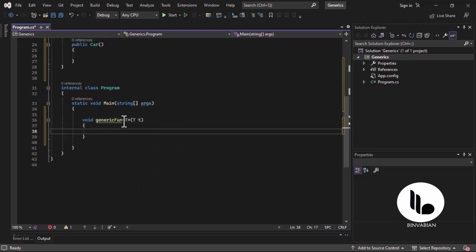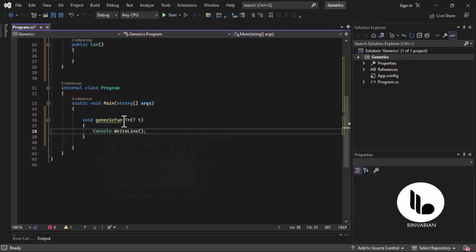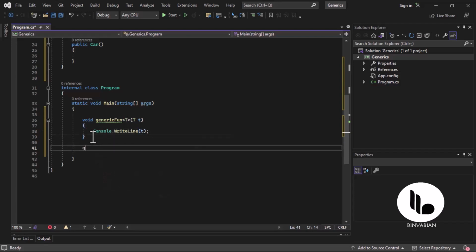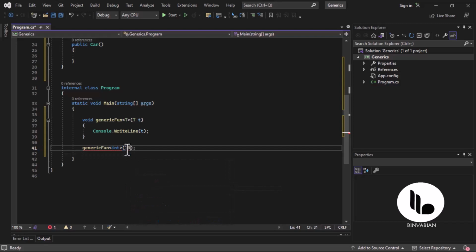So let's say Console.WriteLine of whatever we put in it. I'm just going to use the cw code snippet, and then Console.WriteLine(t). If you call this function GenericFun and place the angle brackets, we can now specify what data type T should be. Placing int here inside my brackets, you can see that this function will be able to accept an integer. So I can place in 10 as a value here, and this works just fine. I can also change this to Book, and of course I can call new Book,